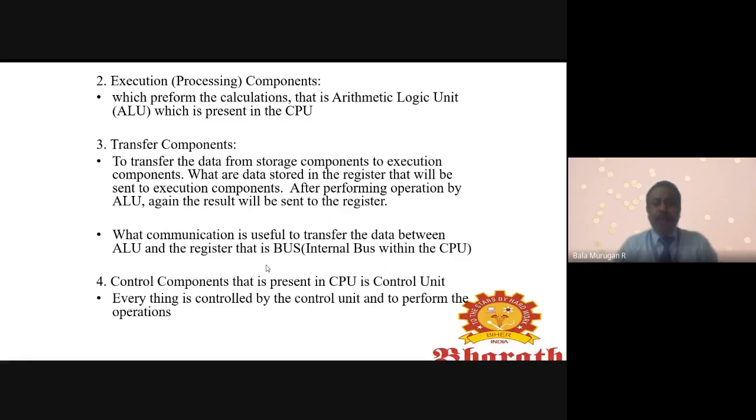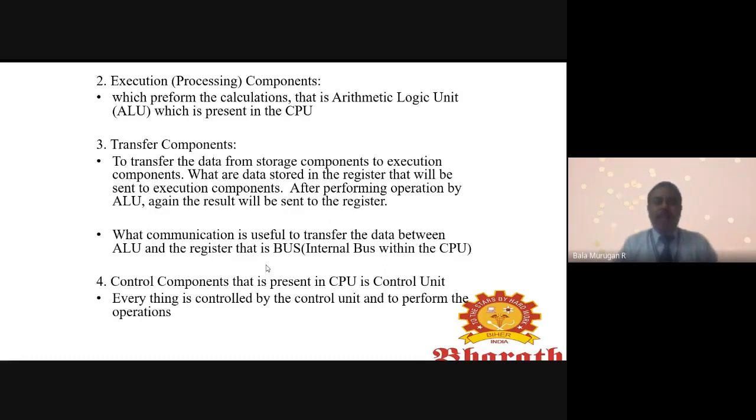The data stored in the register will be sent to the execution component. After the operation is performed by the ALU, the result will again be sent to the register.